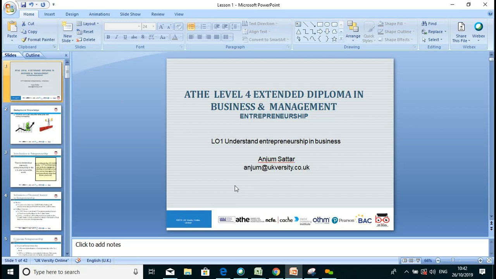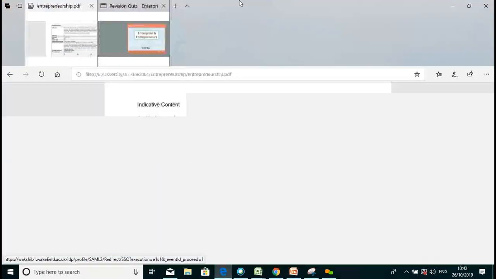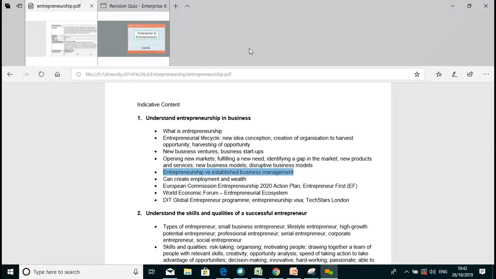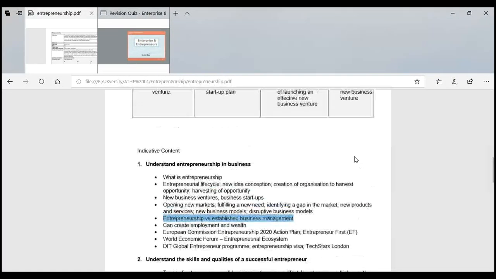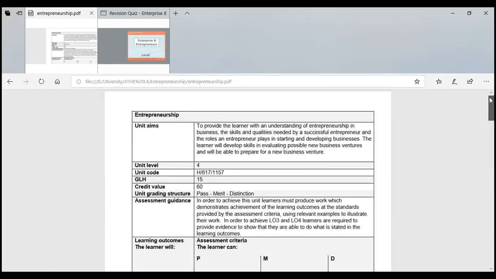So we'll start. Before starting this new module, we'll go through the learning outcomes which we are supposed to cover and what we are supposed to learn. Please, if you have any question, carry on chatting in the chat box, and I'll get back to you. So entrepreneurship: this unit will provide learners with the understanding of entrepreneurship in a business,